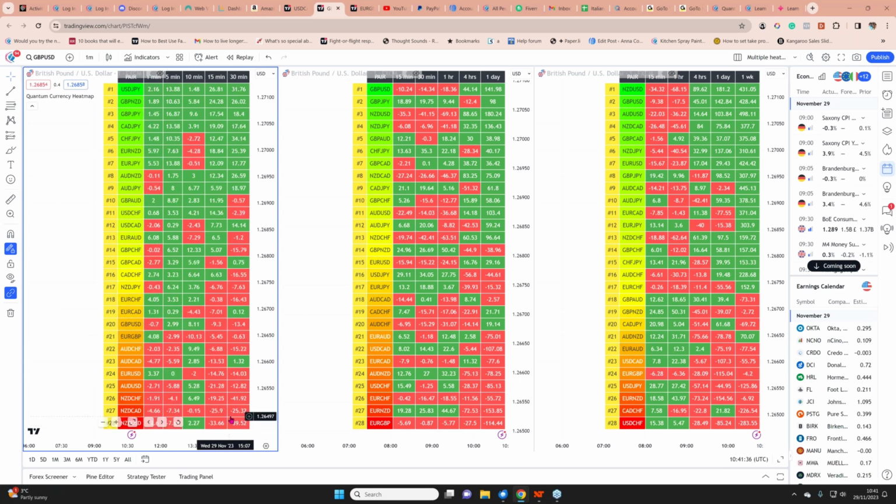For that pair to change, you need to see a slow transition from the sentiment in the 1 minute, ultimately turning green. If that then ripples through to the 5 minute and turns green, then this pair will start to rise up the ranking ladder. So again, it's just a great way of looking at pairs from a different perspective, a slower time frame perspective.